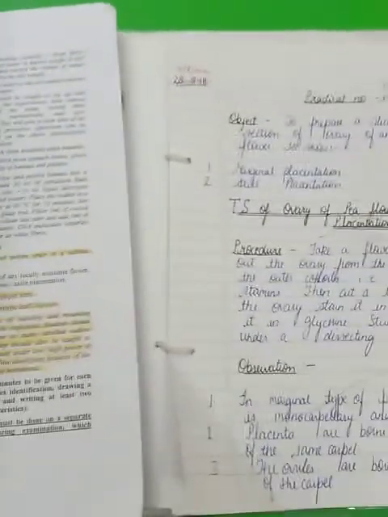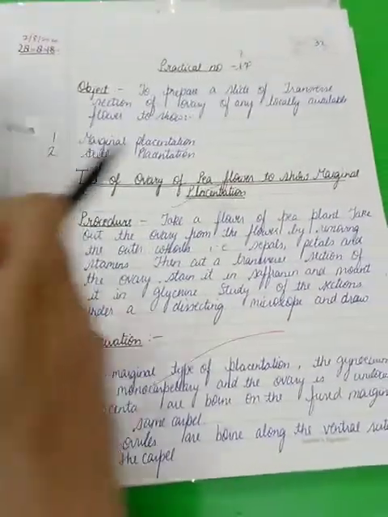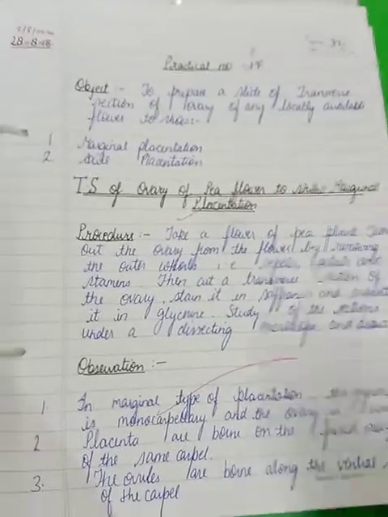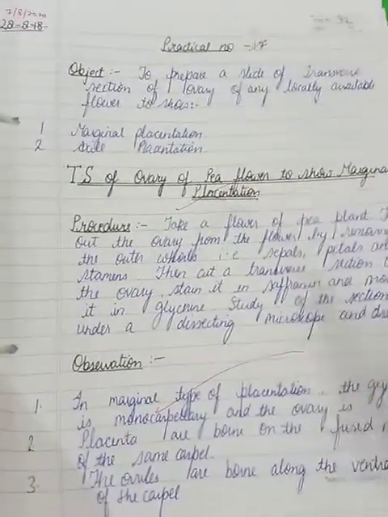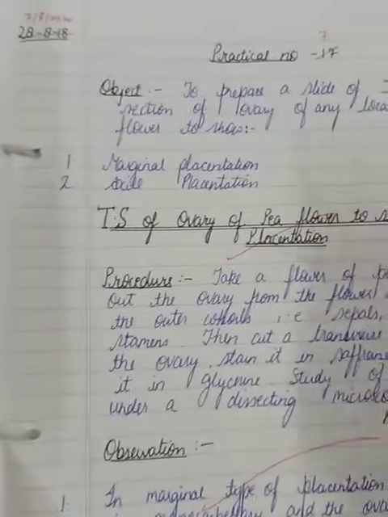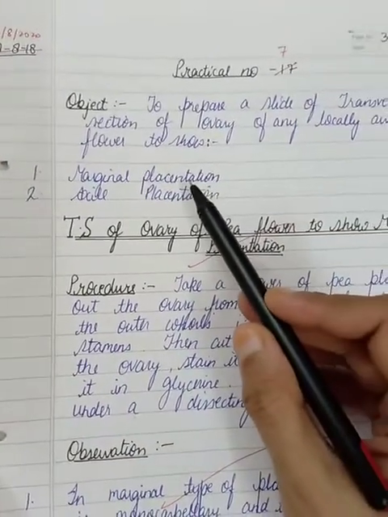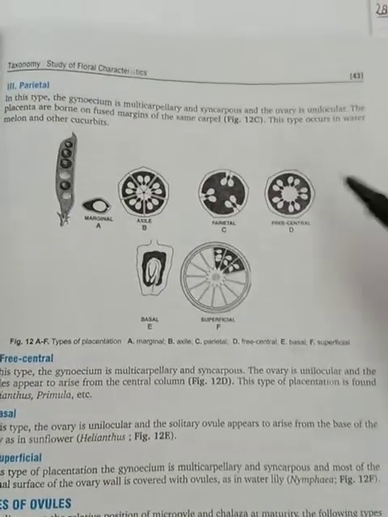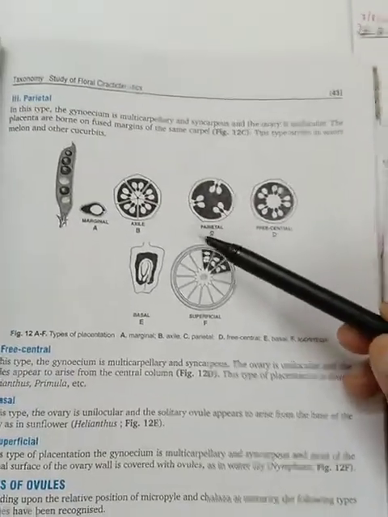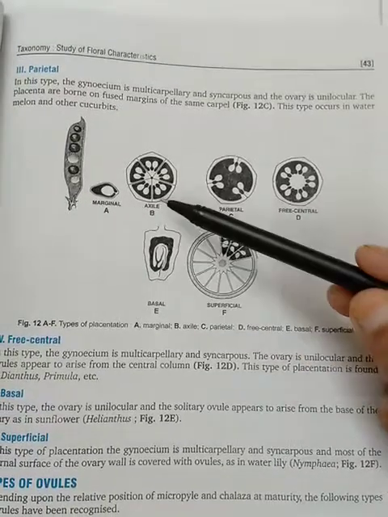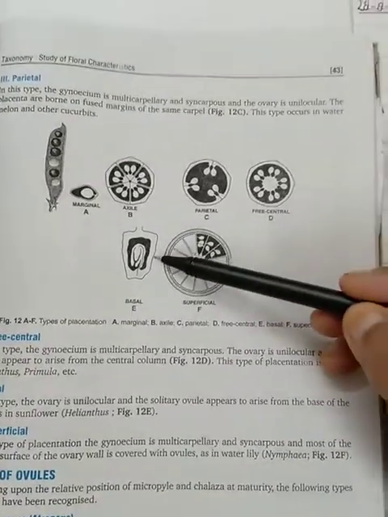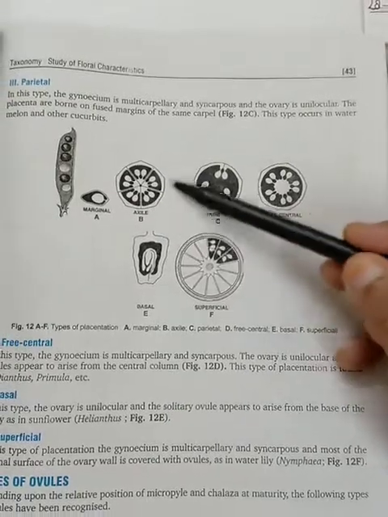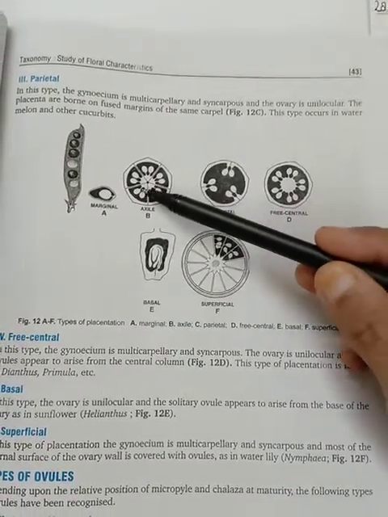Alright, so let us see the work that we are going to do today. Now let us first understand what we mean by placentation. You are going to work on 2 types of placentation, marginal and axile. But before we move, children, let us see what the term placentation means. Whenever we cut the transverse section of any ovary in a flower, we see structures which vary like these. What you see inside the ovary wall, these small structures are ovules.